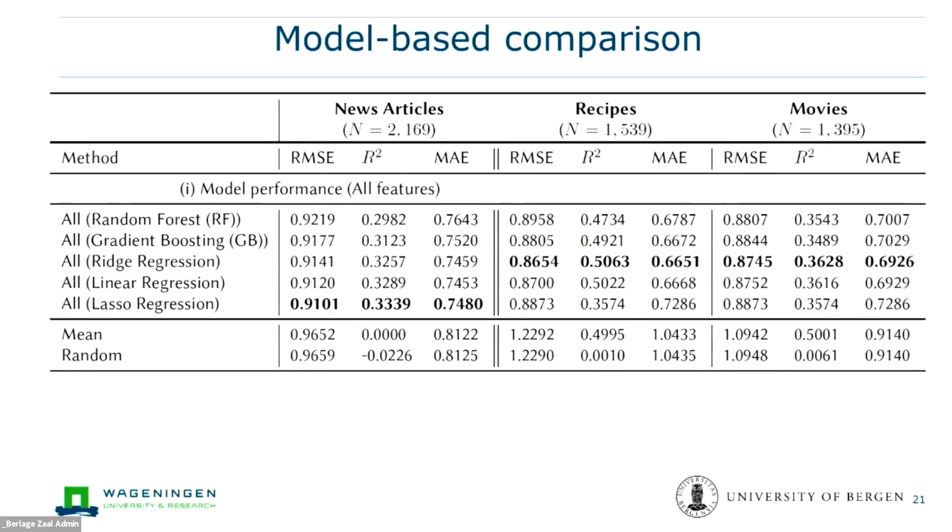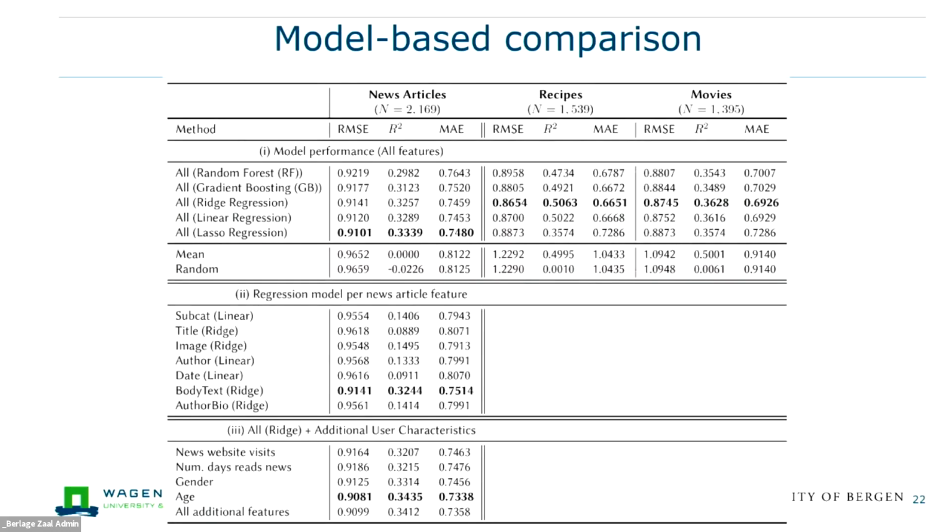Finally, we did a model-based comparison in the sense that we tried to predict a model based on all features. We inferred a root mean square error and an R squared. The outcome was a bit lower than in the other domains, and we could also confirm this way that using body text was the most representative to predict our data, to model our data.